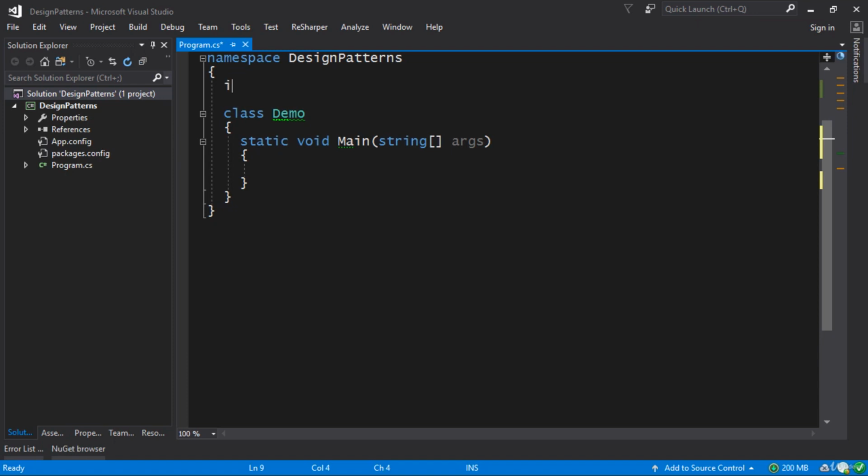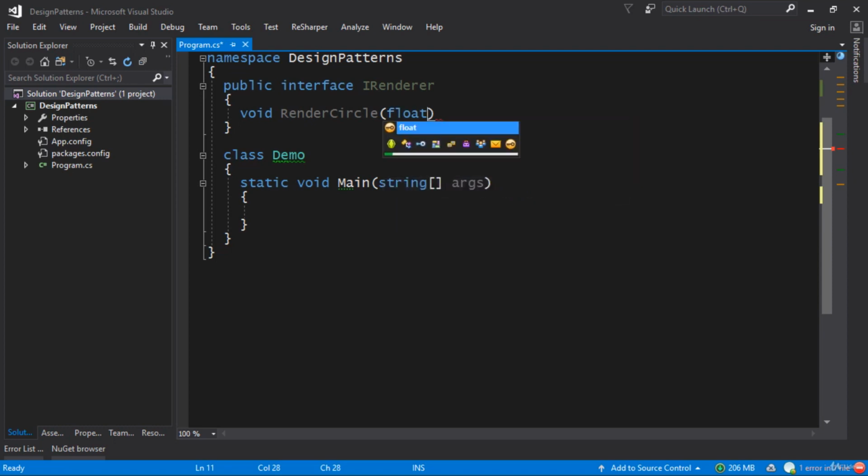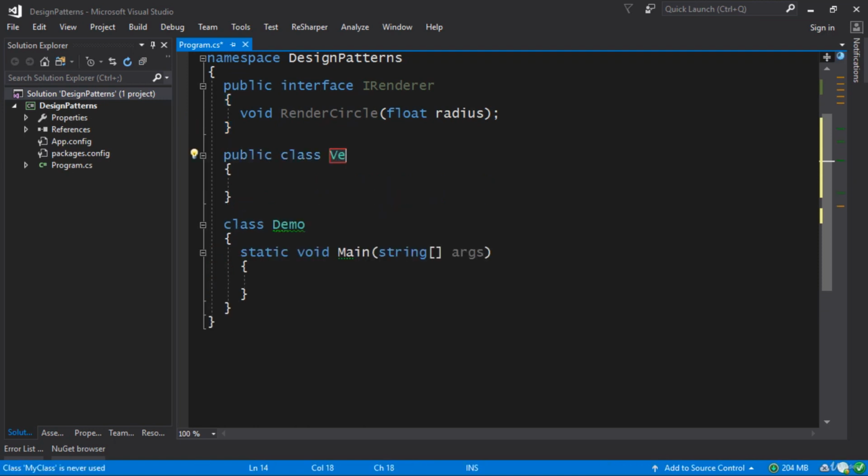But the idea is that we're doing rendering, so we may as well have an interface called IRenderer, and it's going to have a single method for, let's say, rendering a circle. So we have void RenderCircle of a certain radius. There we go. So that's the interface, and then we have different renderers. Like you can have, for example, a vector renderer. So a VectorRenderer can be an IRenderer,